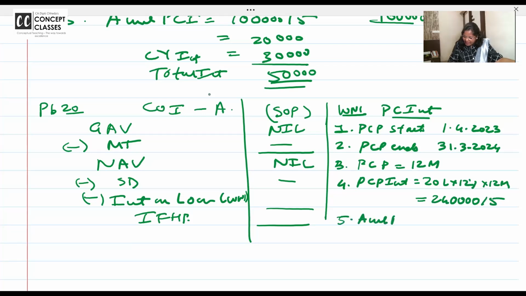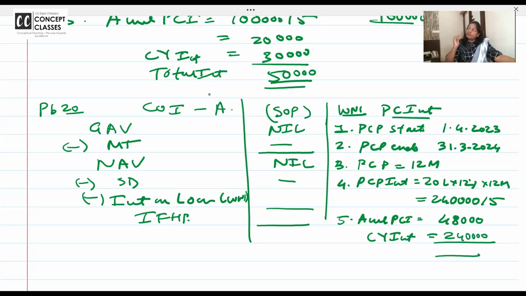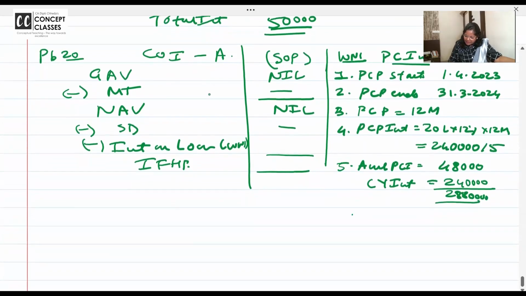So what is the annual pre-construction interest? 240 divided by 5 is coming to 48,000, plus current year's interest. Last line of the sum, no repayment is done, so of course 240 will come. So 2,88,000 is the interest